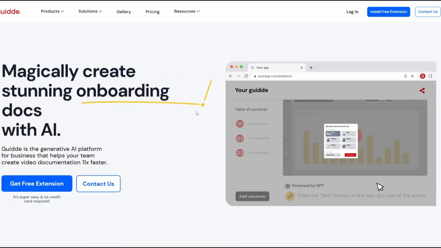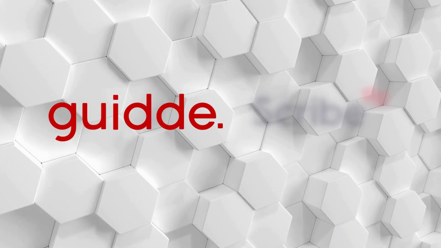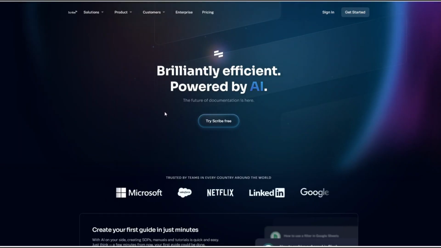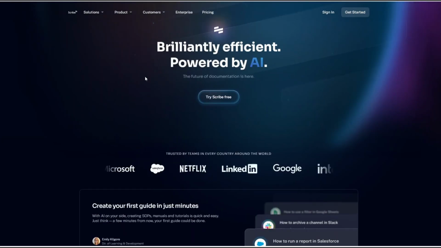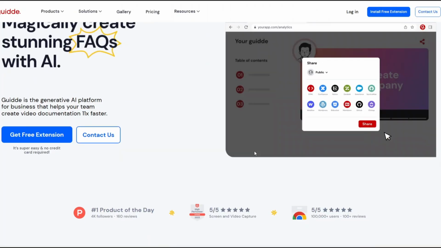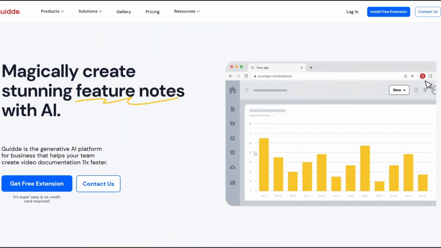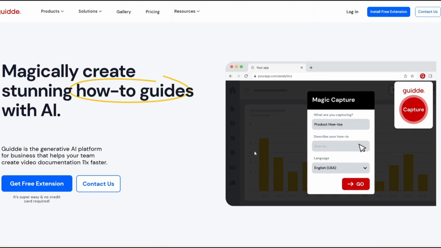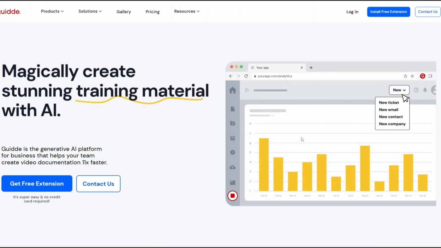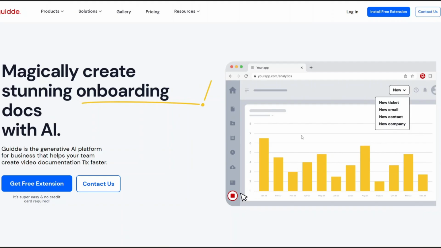Hi, today I'll be making a detailed comparison of Guidde and ScribeHow. In this video, we'll cover an in-depth overview of both, break down their main features, talk about their pricing, the pros and cons, and finally I'll give you a balanced conclusion on which one I think delivers more accuracy in 2025. And of course, at the end, I'll also suggest 3 strong alternatives if neither feels like the right